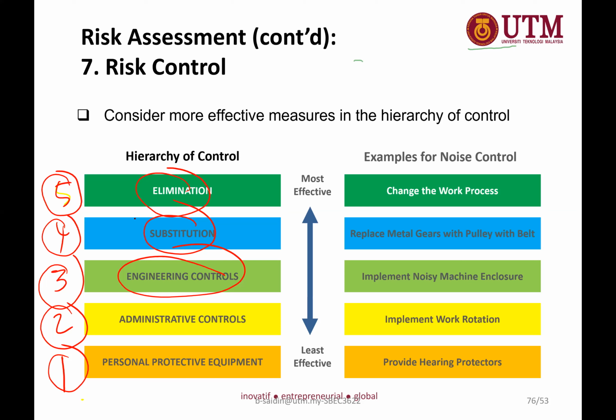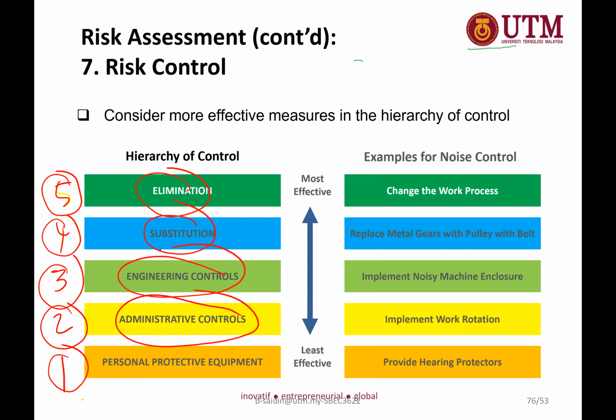And at the edge of the building or the stair, we normally design a handrail. So that handrail, we can call it safety engineering control. Whenever you need to design something using all kinds of engineering calculation and problem solving, that's what we call engineering control. Then administrative control. So what is administrative control?